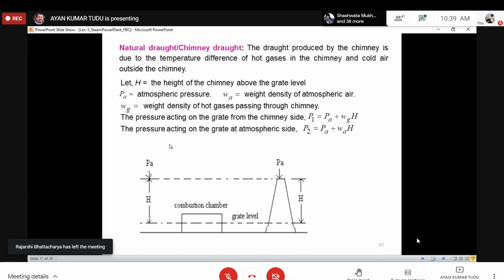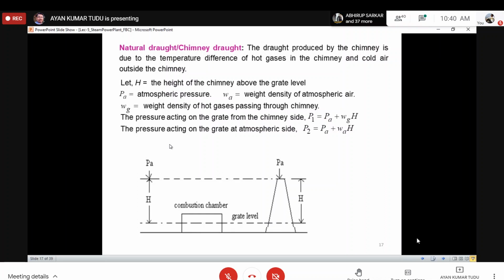above the grate level. Anybody, what is the grate level? I told you just a few minutes back. What do you mean by grate level? Grate is basically the place where the coal is kept. Pulverized coal is placed. Yes, that is our grate. I think you have seen the figures of the overfeed and underfeed stokers, and I have shown you the grate also. So the grate is the place where the coal or the fuel is placed.